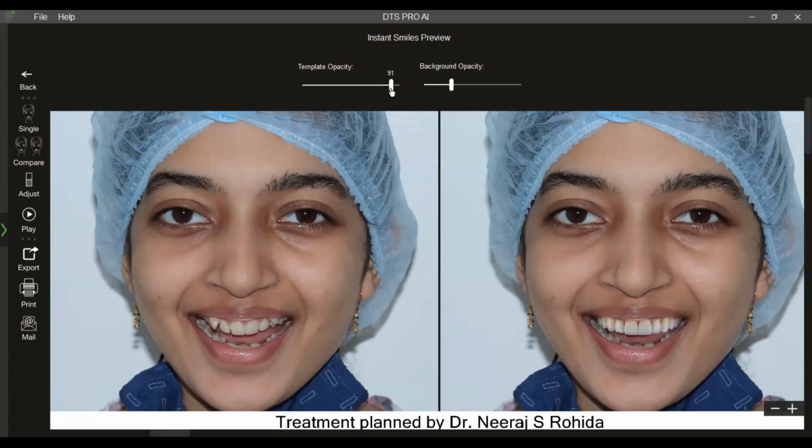So one of the commonest applications for instant smiles is patients who have got crowding, multiple missing teeth, a full mouth case, for example, when you want to increase the visibility of teeth, no teeth show, or orthodontic cases. Instant smiles helps you achieve very quick and fast simulations, right? You can always, of course, play for the patient in the form of a before-after simulation there.